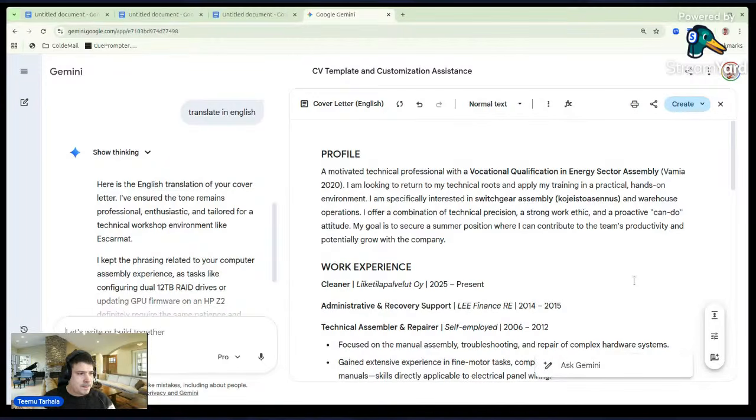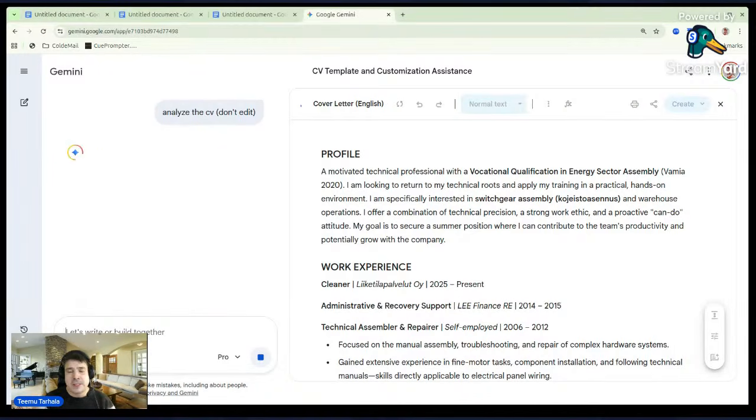But here it is. And we always give a little hint for AI that, hey, now analyze the CV. And then again, what happened last time? We forbid AI to do changes. Last time it exploded, and I had to, after a live stream, go and look for ways to get the paperwork to return what I already finished. So that's what we do now. Analyze the CV, don't edit. That's there. And then after this is the moment when we are going to target it.